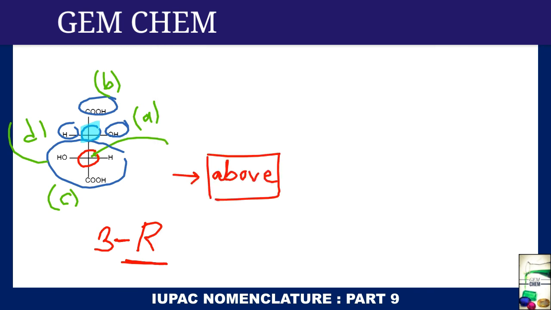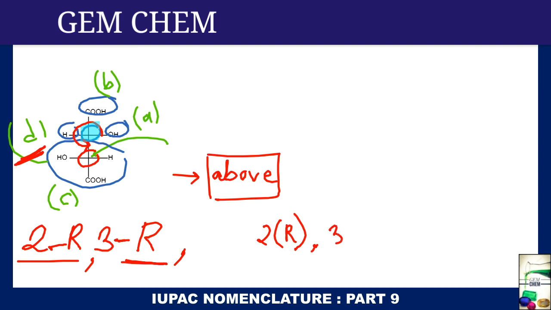Now we are going A to B to C, so we are getting anti-clockwise. So it would have been 2S. But since this hydrogen is placed above the plane, we are going to write it as 2R. Clear? So ultimately we will write it as 2R, 3R tartaric acid. Clear? And I hope I have done lots of examples, so it will be easy for you to